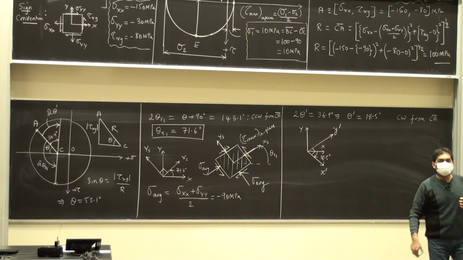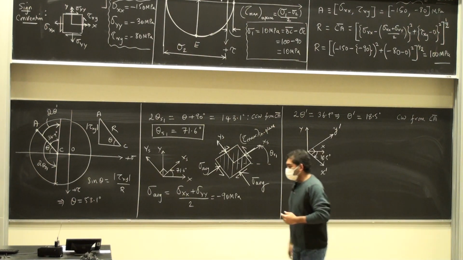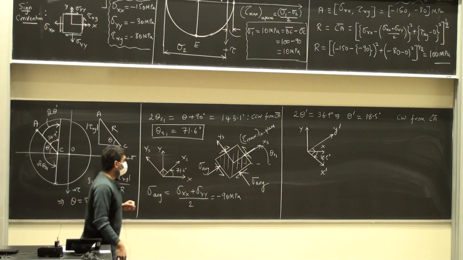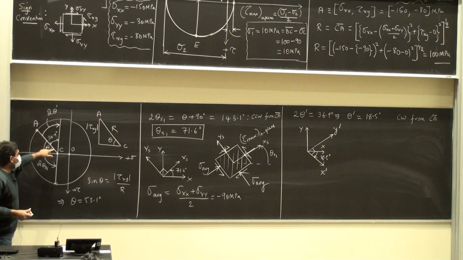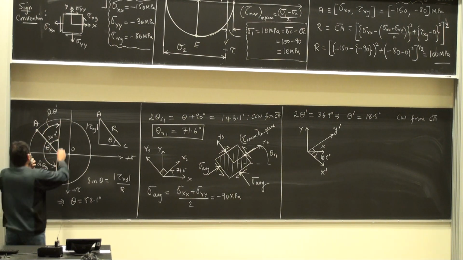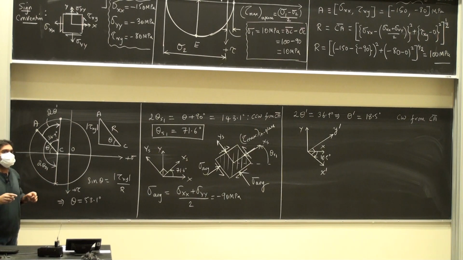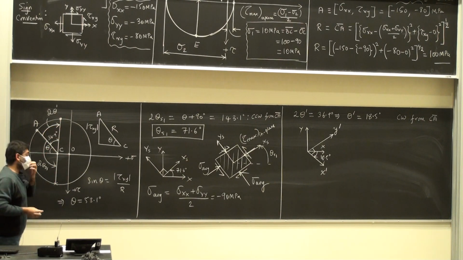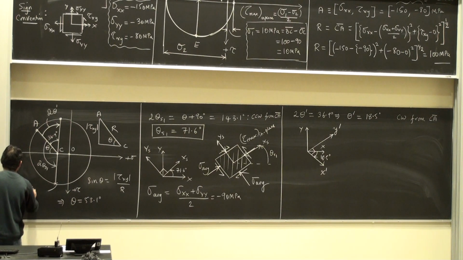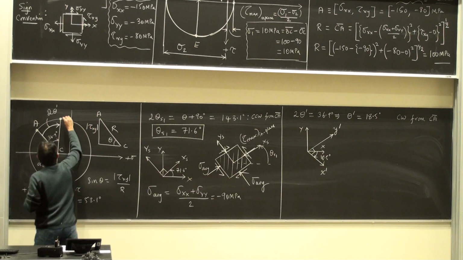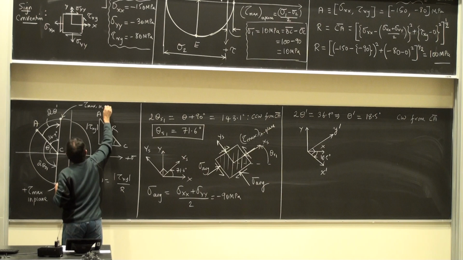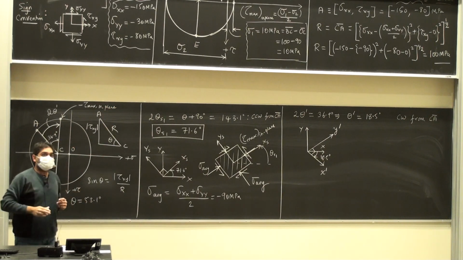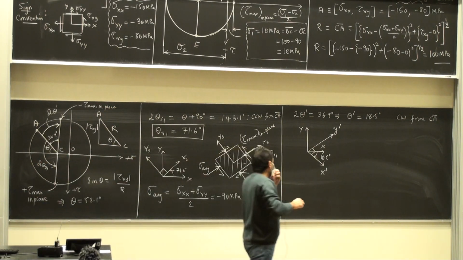Does this make sense to everybody? Notice that as I'm going clockwise from the line CA out to the maximum in-plane shear stress value here, I'm going to the negative value. Okay? So here I was going to the positive tau max in plane. This is negative tau max in plane, which means that if I draw the element now, the plane element,